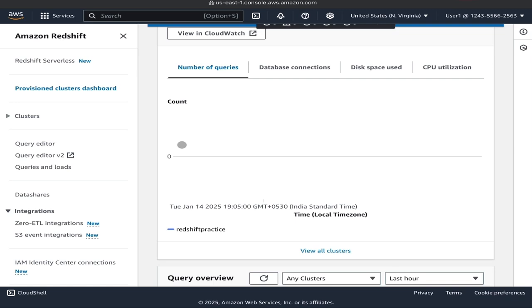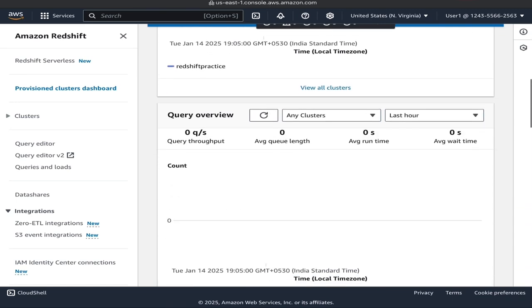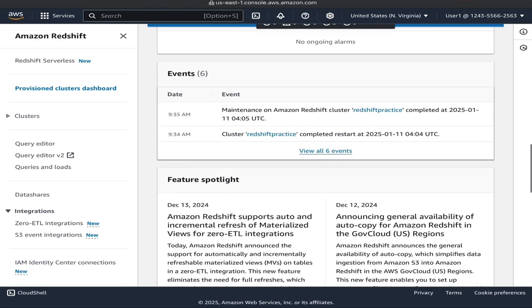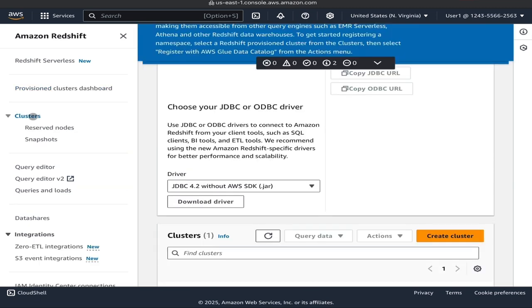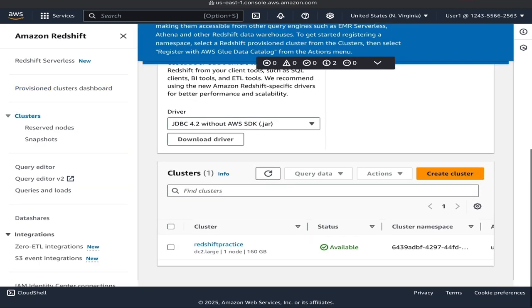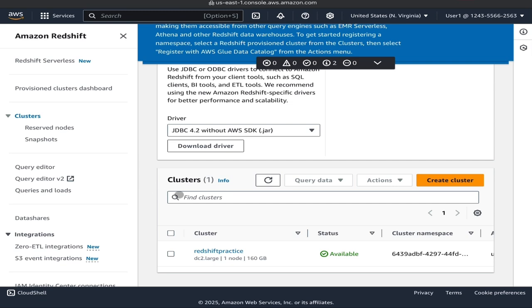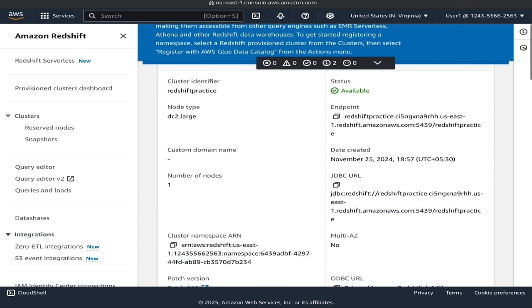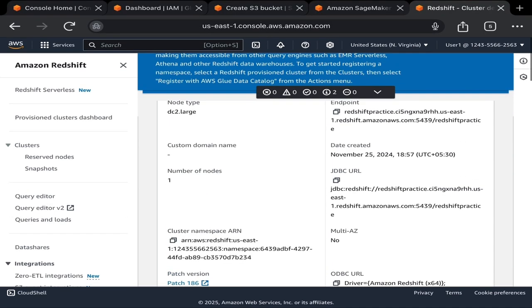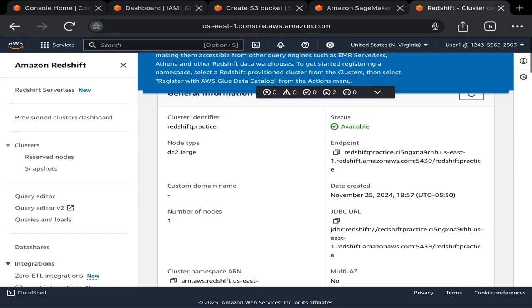There is already a cluster available. When you click on clusters, let's see what clusters are available. Now you can see that you have the right to see this Redshift cluster because you have permissions to access Redshift. So this is very important.